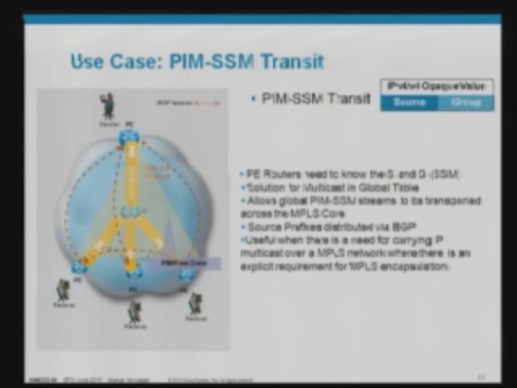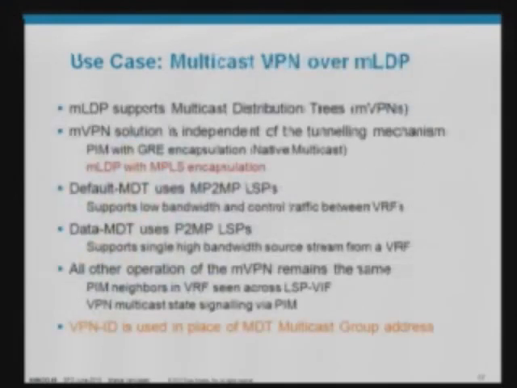And as the last bullet says here, it's useful usually when there is a need of carrying IP multicast over MPLS, where you have a requirement for MPLS encapsulation, whatever the case may be. For an existing provider, if I want to use it without PIM in the core. The other one is MVPN over MLDP, and I think this is the most